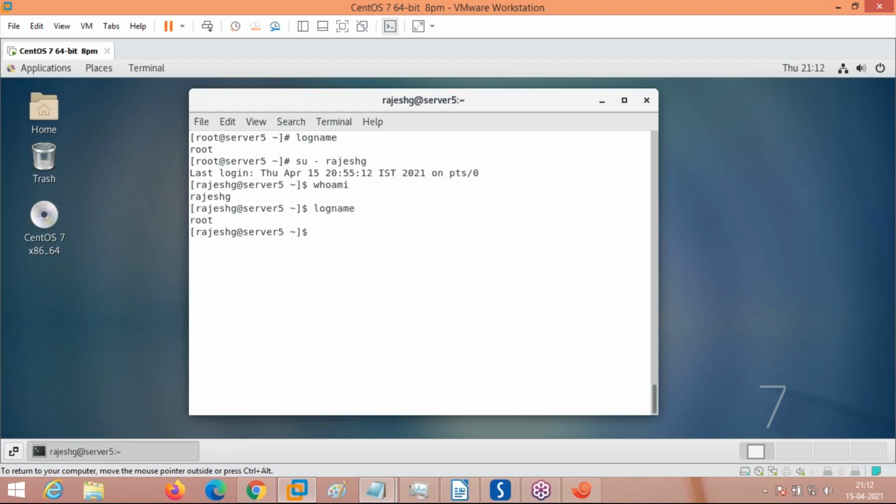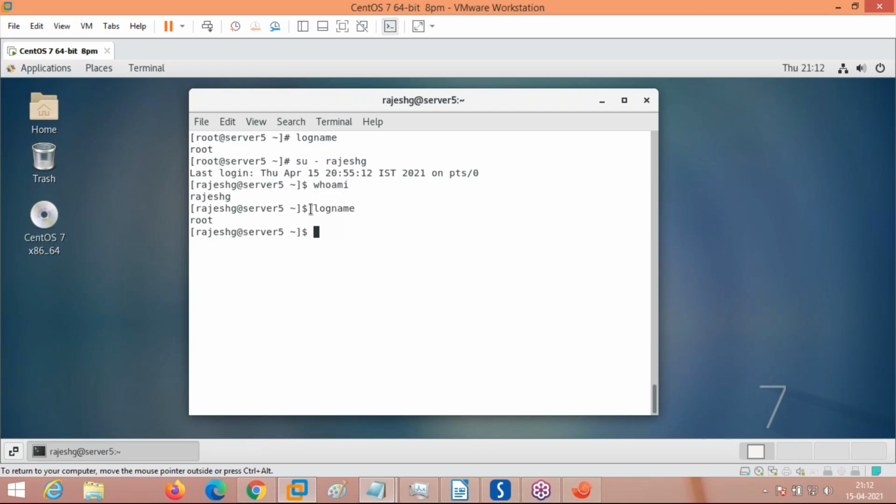Then what is the difference between whoami and logname? Logname is the command which shows using which user account, like the admin account, who has logged into the system during the system login. Whoami is the current user who is working. This is Rajesh G, current user. I switched from root to Rajesh G. Whoami showed the current user.